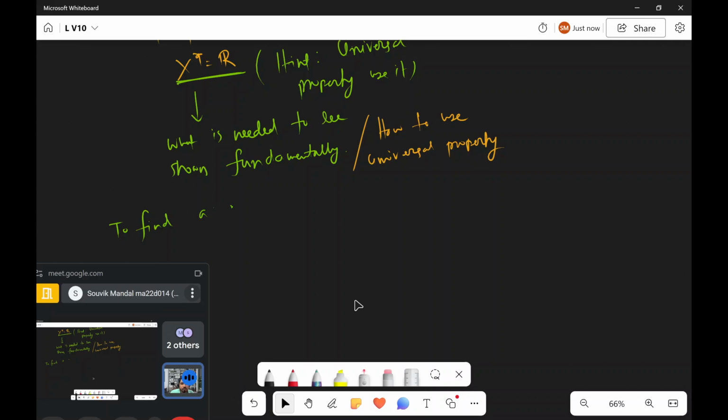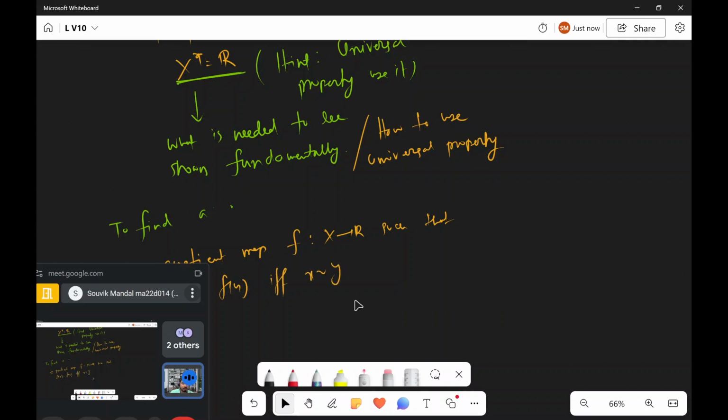But not just a continuous map is important, we need to find a quotient map from X to that real line, such that, not just a random quotient map, that quotient map should have some property such that f of x equals f of y if and only if